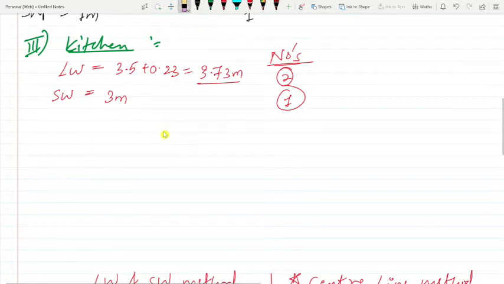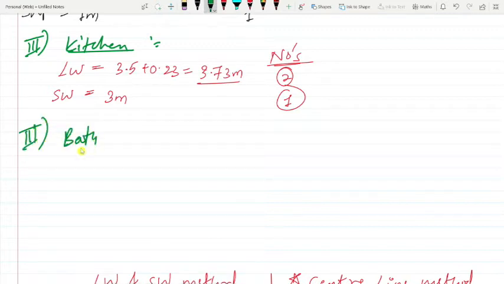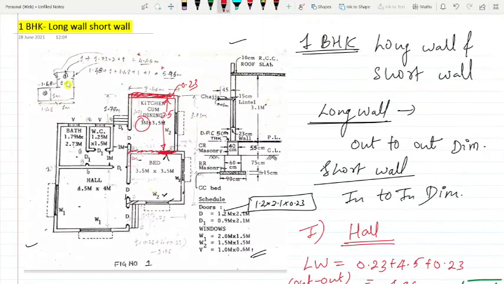The third component is the bathroom. So long wall, short wall, and numbers. Just see what the long wall is for the bathroom. Let's see the figure. The bath is here. Here also we have already taken this portion, so we should not consider up till here. Only the dimension here: the vertical length is 2.73 and the thickness is 0.23.